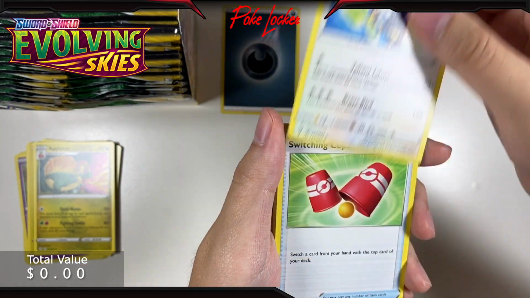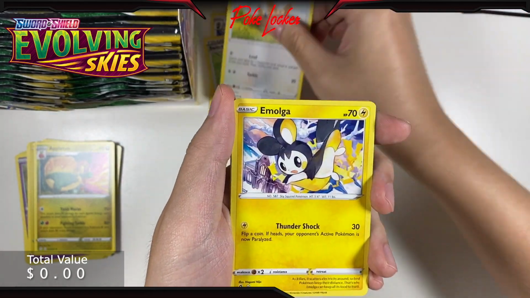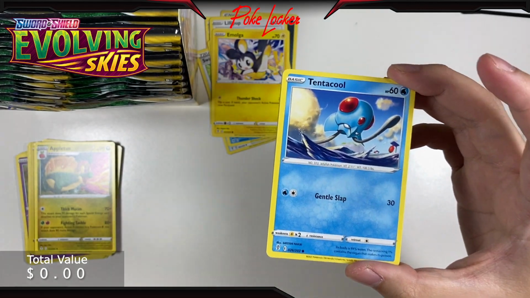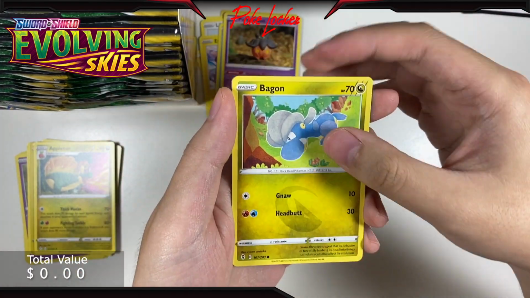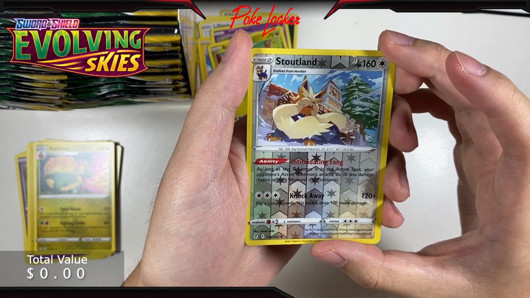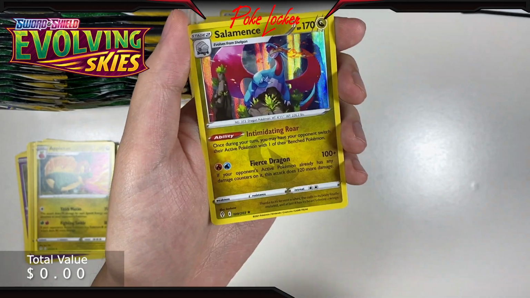So Braviary, then we have Switching Cups, Tentacruel, Lillipup, Emolga. Let me know down in the comments below what legendary Pokemon you guys prefer too, because I know a lot of people actually prefer either Groudon or Kyogre over Rayquaza themselves, but for me, of course, it's going to be that Rayquaza. Now we have a Stoutland Reverse Holo as the reverse holo rare, and for our rare, we finally get ourselves a nice holo hit,